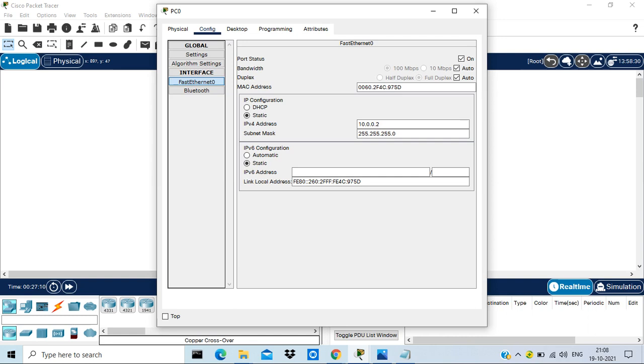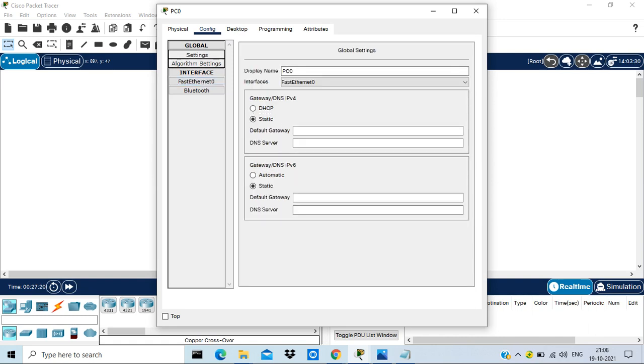Do you know what we need to configure in this PC other than the IP address? Along with the IP address, you definitely need to configure a gateway. If you don't configure a gateway in these PCs, the packet will not move to the other network. It will not get forwarded to the other network, because whenever you need to communicate with the FTP server, that is in the other network, network 12, you need to provide your default gateway, and the default gateway is nothing but your local router's LAN IP.